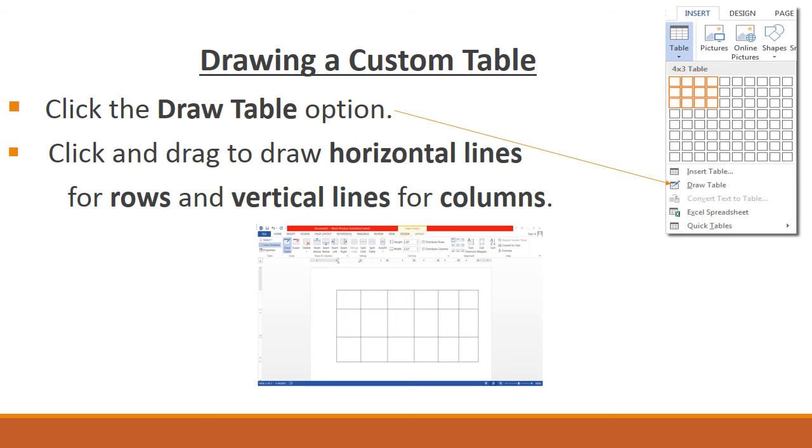Then we can simply click and drag on the screen by using the mouse. Click and drag to draw horizontal lines for rows and vertical lines for columns. Simply by the drag and drop option, we can draw our table in our document.